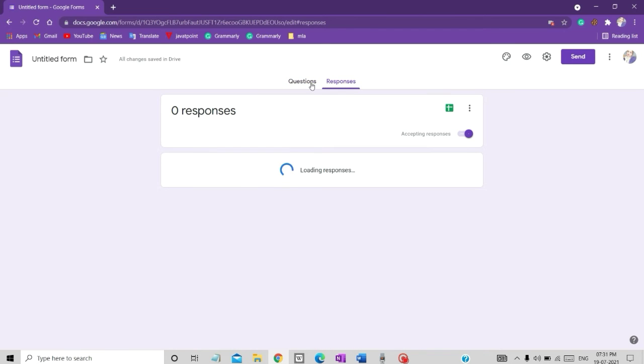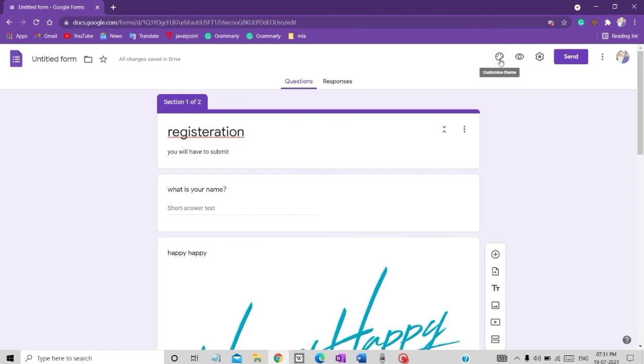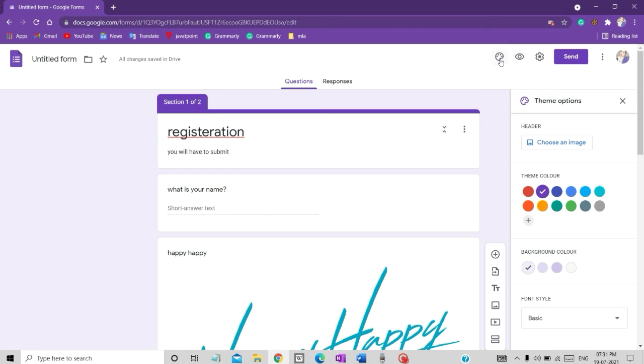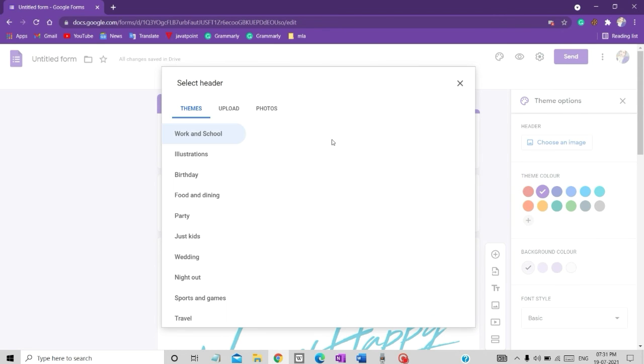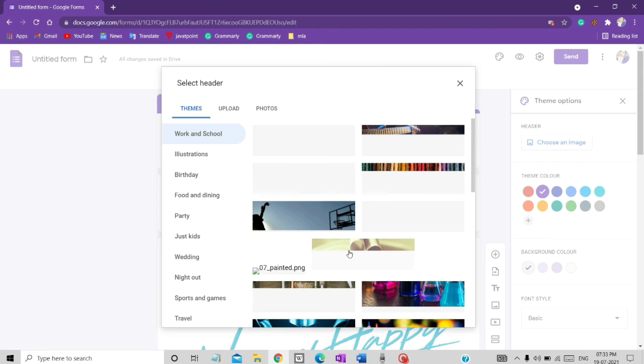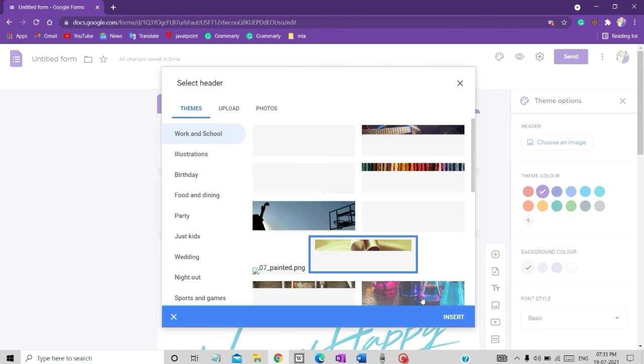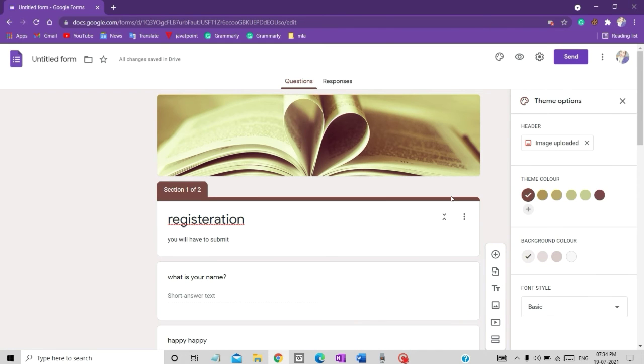Now if you want to get the response, but before going to responses, you have to know about these options. So customize theme means in order to insert any image in the header of the Google form. So for example, I'll choose some image. Okay, so this image has been inserted which I have chosen from here in the header.